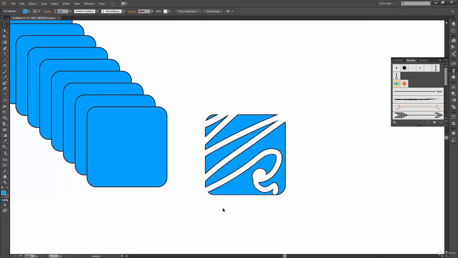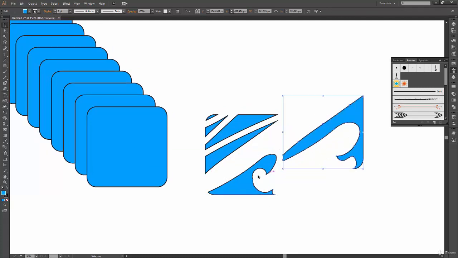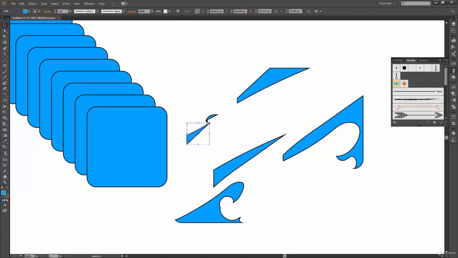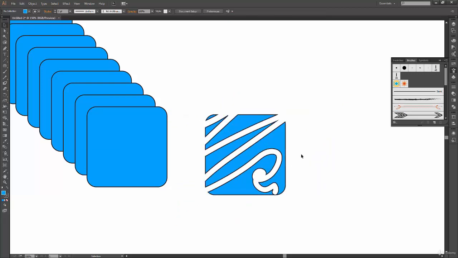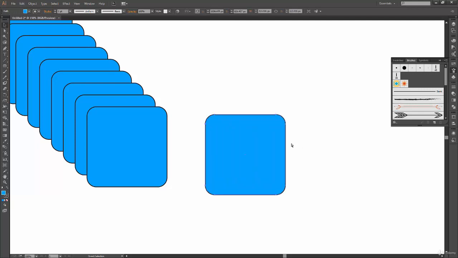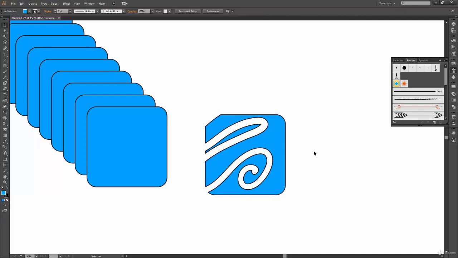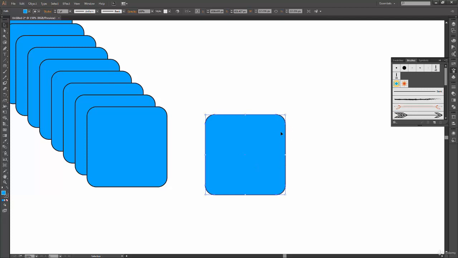It just erases through my shape, and this is indeed one of the most powerful features of Illustrator, because so far we haven't seen anything which can just cut through your shapes like this. Yes, we have learned our Pathfinder option, but you need to have a defined shape to subtract or to add something into your existing shape. Here we can just select an eraser tool, and we can just go ahead, draw anything we want in our shape, and our shape will be subtracted to that exact stroke which we have drawn.